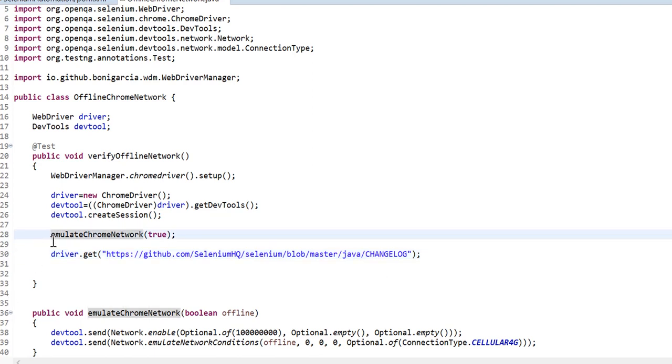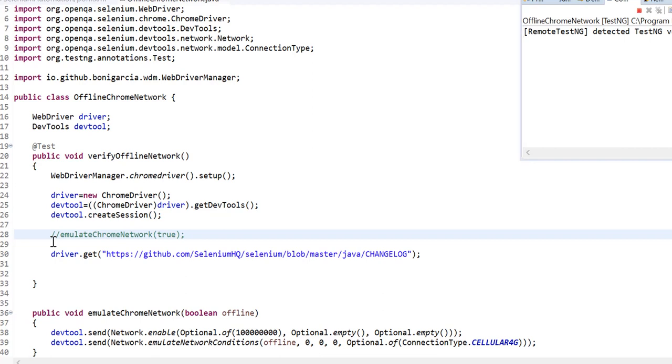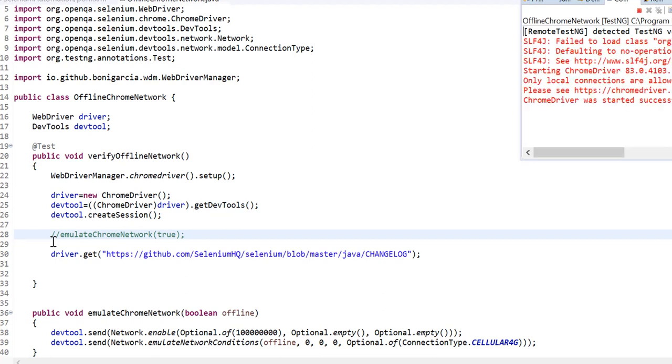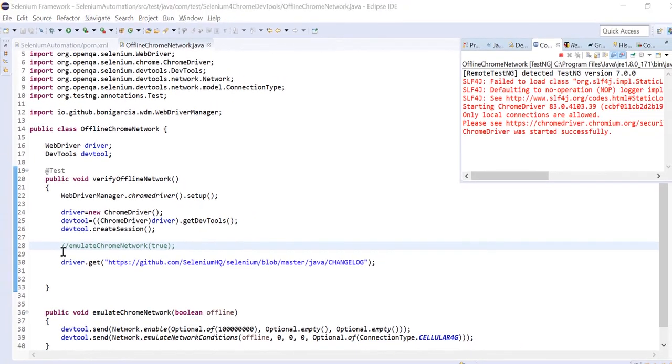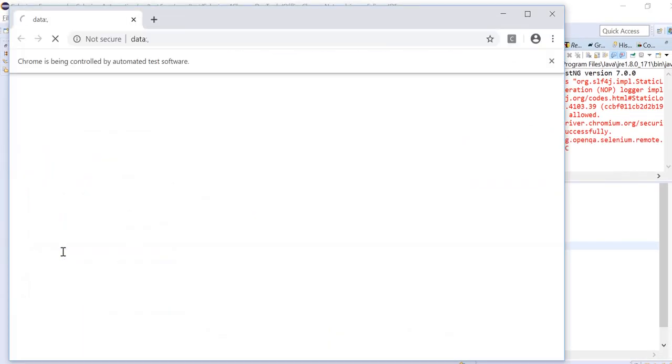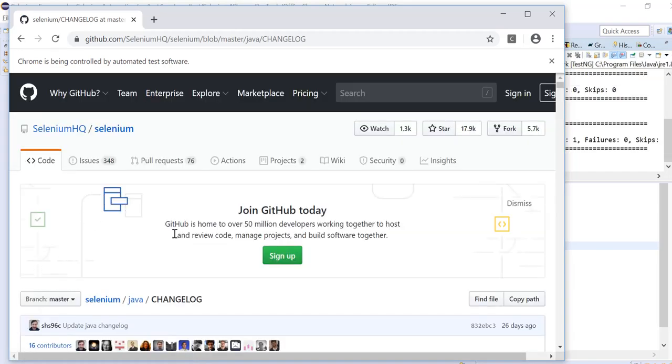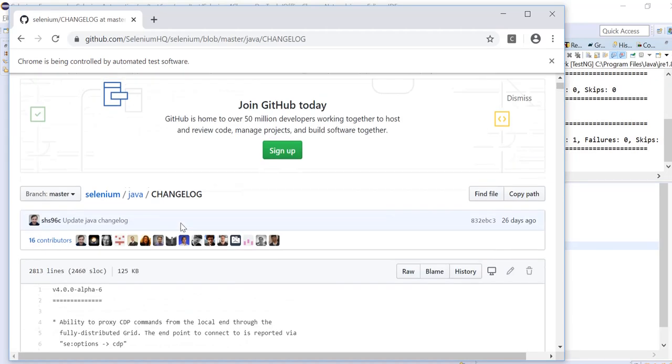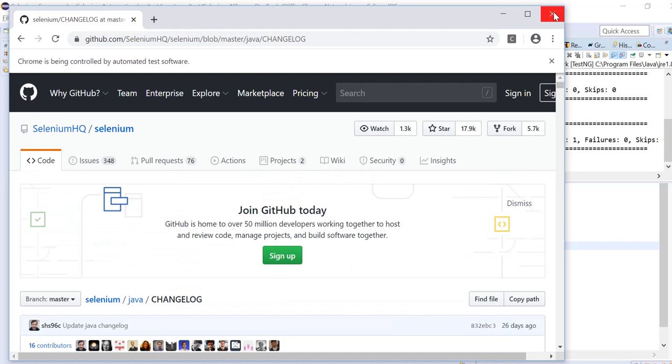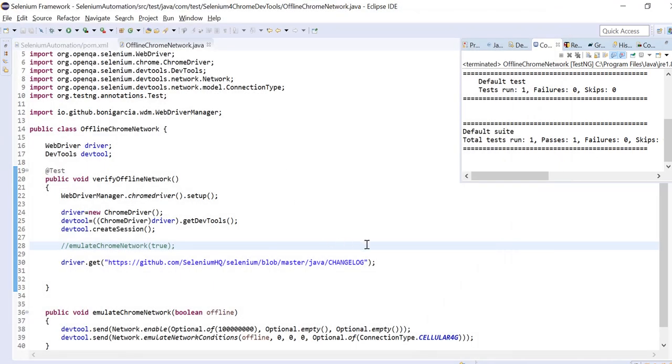Let me comment out this line and see what will happen if I execute this. So now the browser is going to launch. We can see the page is loaded perfectly. There is no error. Everything is fine. I'm not maximizing, this is normal mode in Selenium.